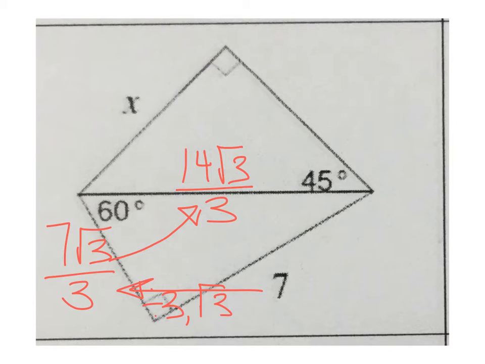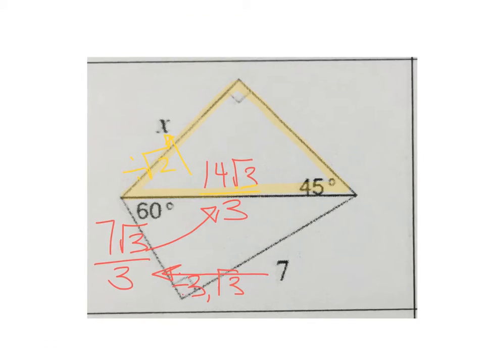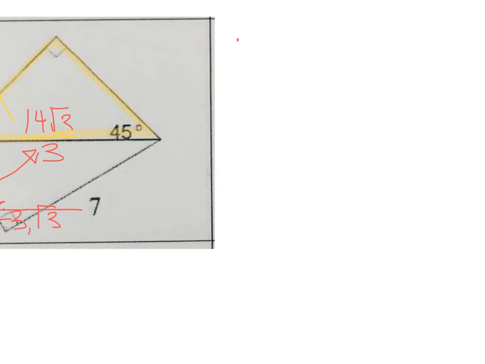So now the hypotenuse of this 30, 60, 90 is also the hypotenuse of a 45, 45, 90. And the procedure for going from a hypotenuse to a leg is dividing by root 2. So that procedure might be something that you are not familiar with. So if we have 14 roots of 3 divided by 3, and we're dividing by root 2, which is the